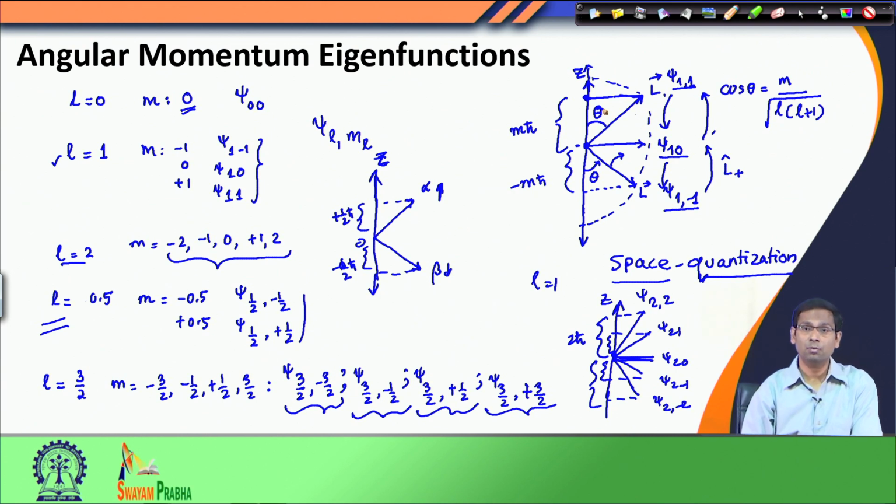What about Lx and Ly? I actually cannot obtain precise information about Lx and Ly, because I am defining my state function as an eigen function of Lz operator. So, therefore, it is not an eigen function of Lx or Ly operator, and I have some uncertainty in measurement